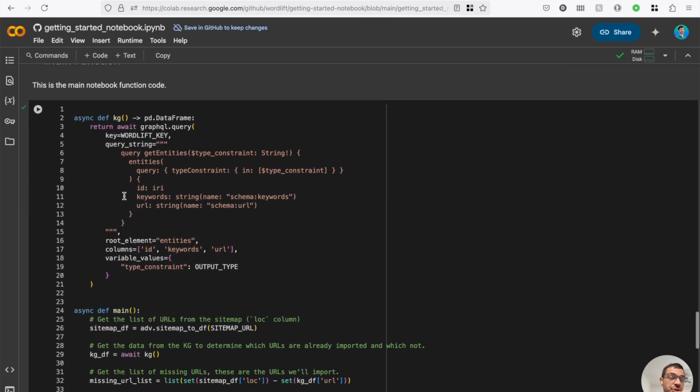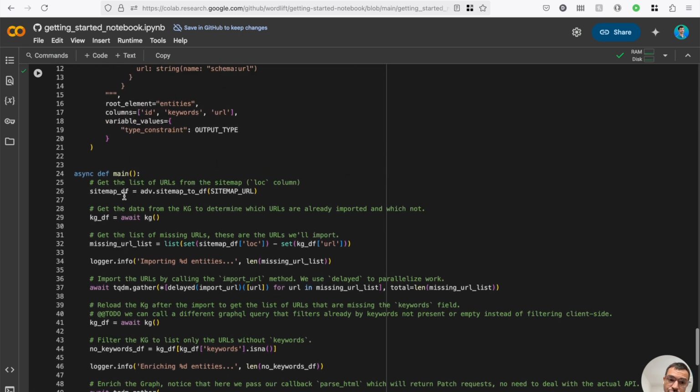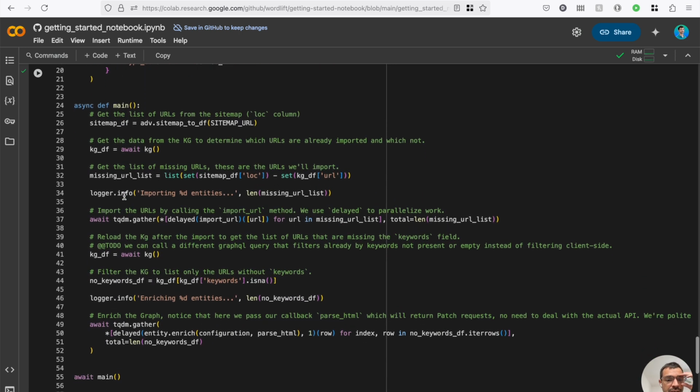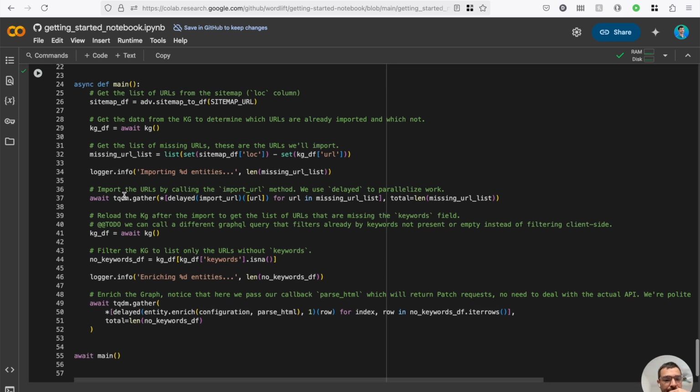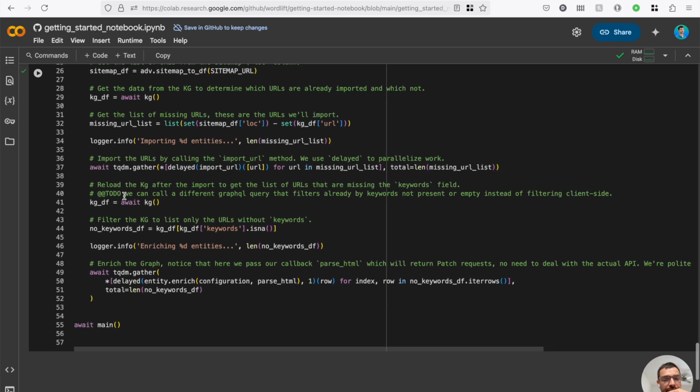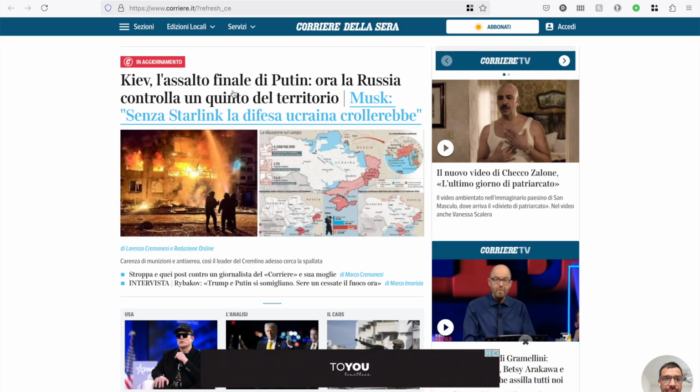And this is the main function. You can look into it. Basically, as you can see, it's not very large, very few lines. What I'm doing here is checking the URLs that I did not yet import into the graph, so I can do it incrementally. I will import them, and then I will enrich them. I will just grab very quickly